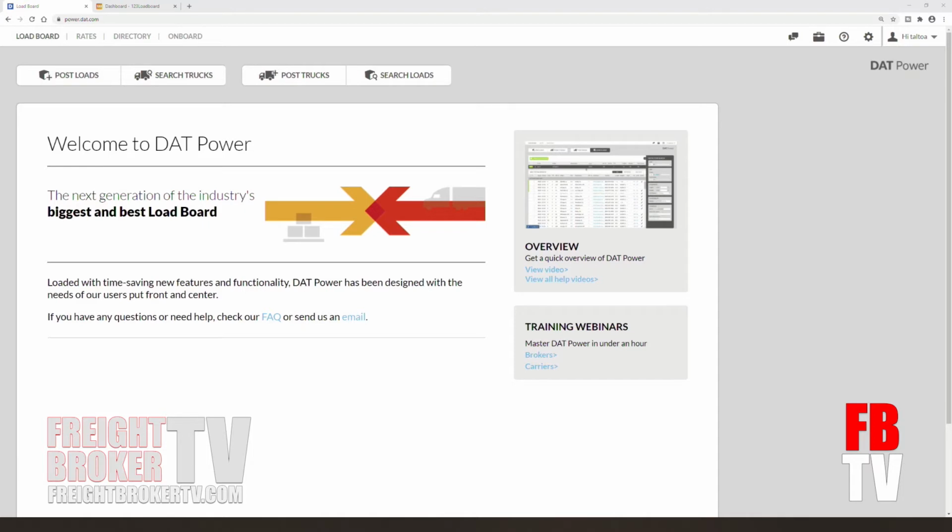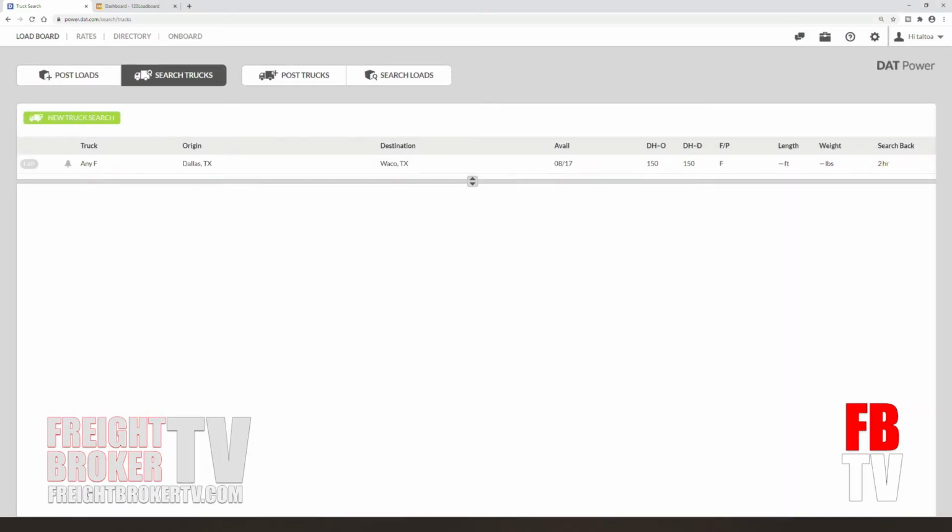If you're familiar with DAT, I'm sure this screen is familiar to you. To get to the spot rate tool, we're going to go into the Search Trucks tab. Inside the Search Trucks tab, you're obviously going to be using this to find trucks to move your loads, but using it as a spot rate tool, all we need to do is